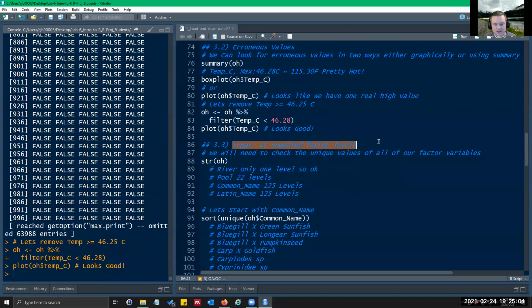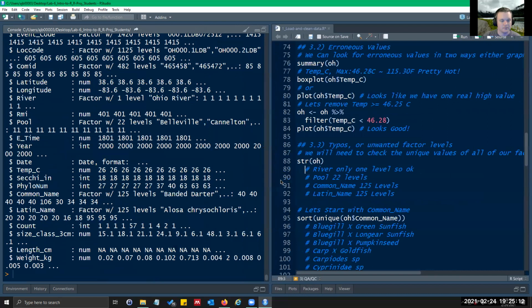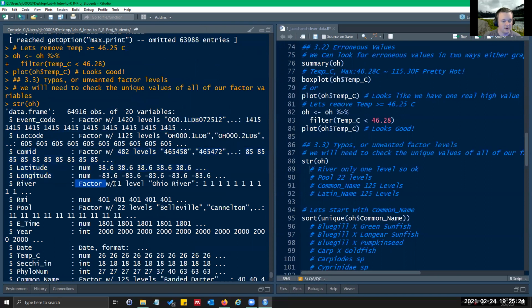So the next thing, we need to check typos, and we're going to do this within our factors. So we just hit structure Ohio. And we can see right off the bat, I don't care about event code and load code. We're not going to use those. COM-ID, we're not going to use. Lat long, we're not going to use. River, 1 level, that's fine.